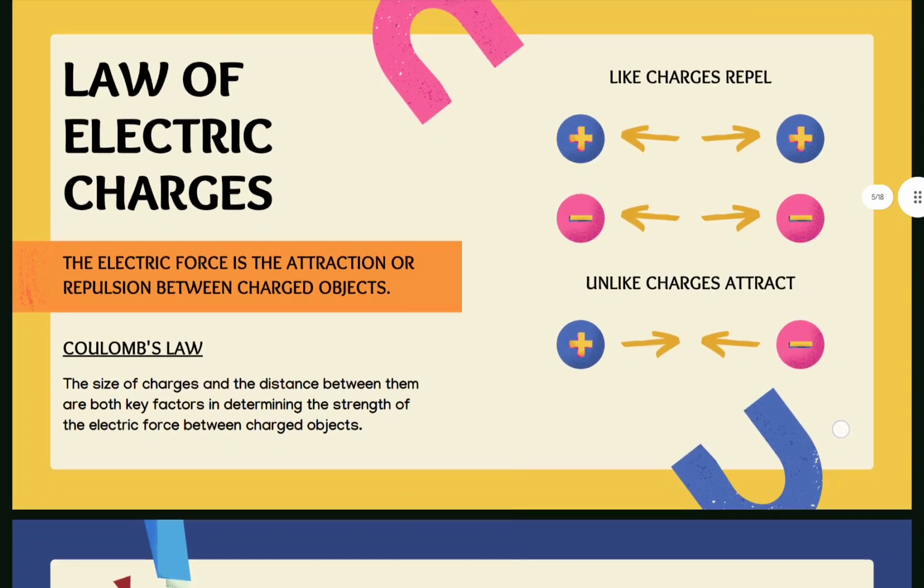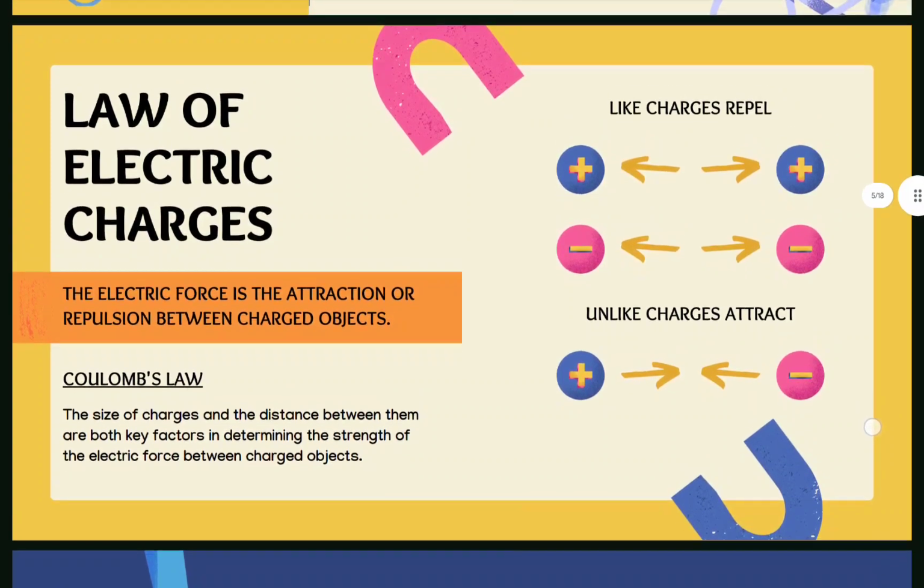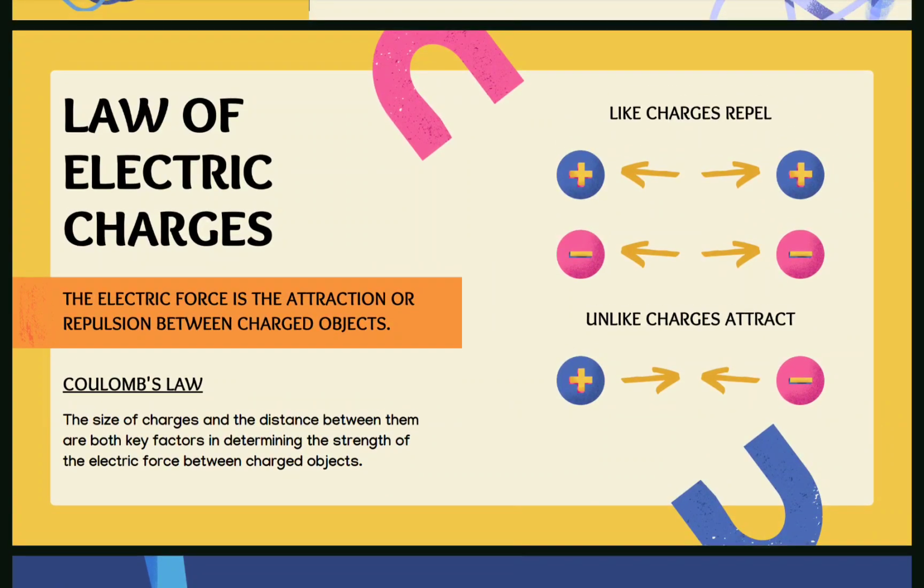Okay. Now, as we know, in this universe there is a law. Everything goes by law. You might have also learned in class 8th or class 9th the laws of nature, right? The first law of motion, the second law of motion, the third law of motion. Similarly, our electric charges, protons and neutrons, also possess some sort of law. What law? Same as we discussed before, that like charges repel each other and unlike charges attract each other. These are the only two laws.